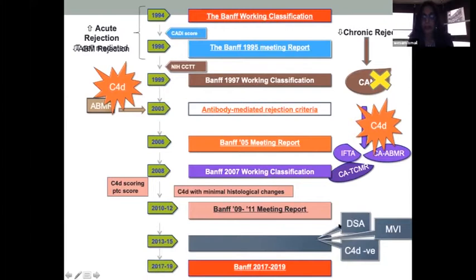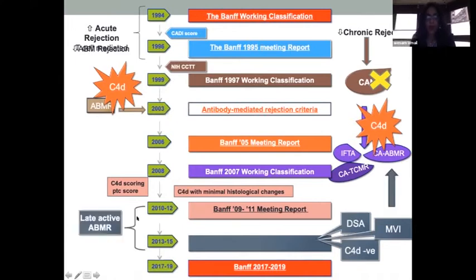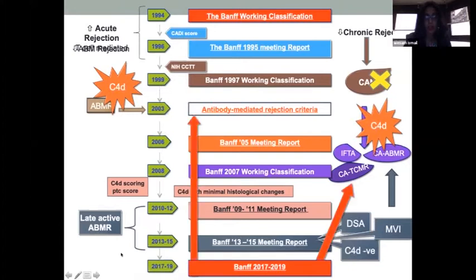And then in 2013, we discovered new entities. We developed new tests like the tests for DSA. We've learned that we can have antibody-mediated rejection without C4d, which is C4d negative. This has also been incorporated within the classification. We know that we have a different type of antibody-mediated rejection which can occur late in transplants, and this all was integrated up to 2015, and in 2017 and 2019 we have refined the criteria upon which we diagnose